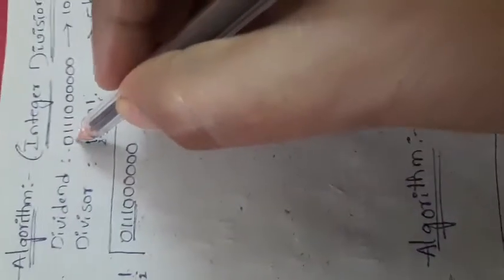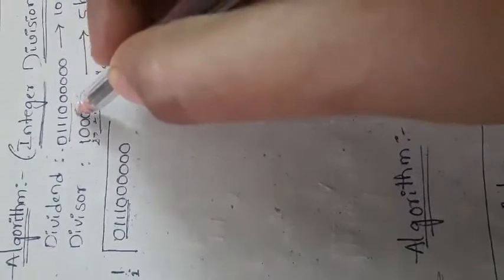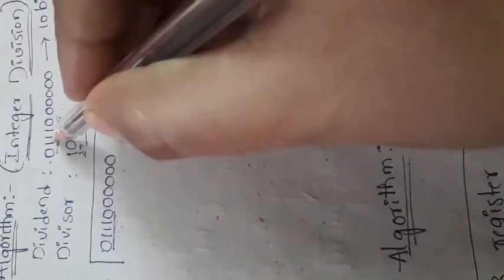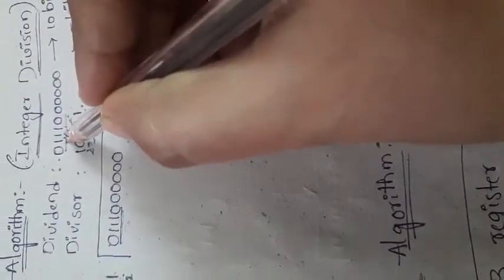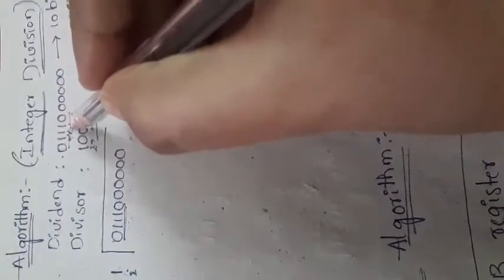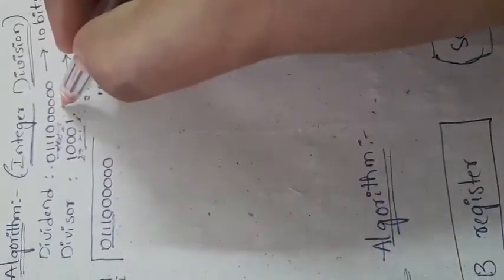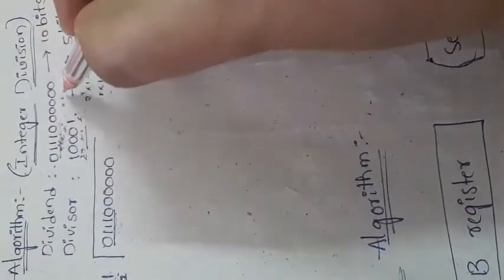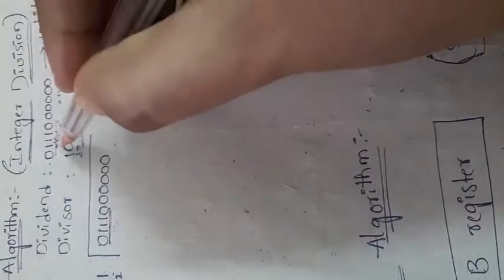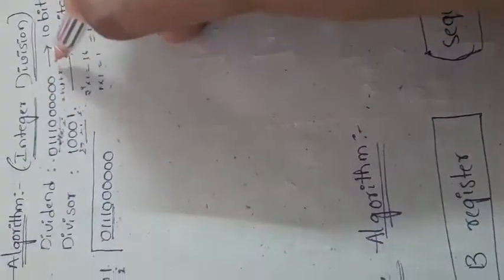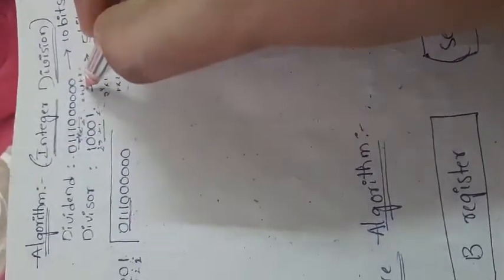So here also we can consider the first 5 numbers, so you have to check the first 5 numbers in decimal notation. So 2 power 0, 2 power 1, 2 power 2, 2 power 3. So 2 power 3 is present, 2 power 2 is present, 2 power 1, so the remaining 2 values will be zeros. Now we have to check it. So 2 power 1 into 1 is nothing but 2, plus 2 square is 4, plus 2 cube is 8. So finally the value becomes 8 plus 4 is 12, 12 plus 2 is 14.